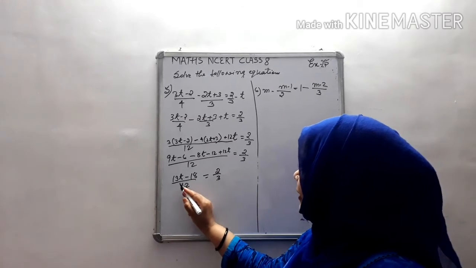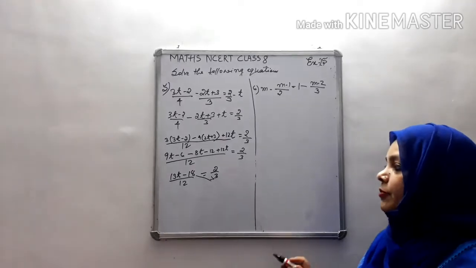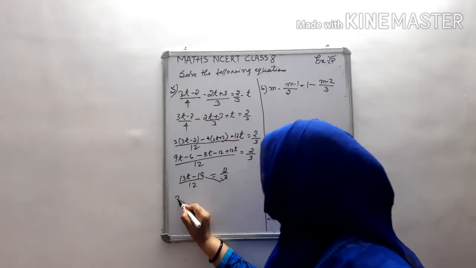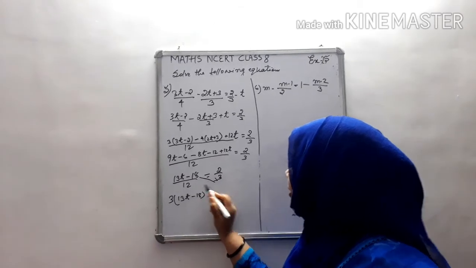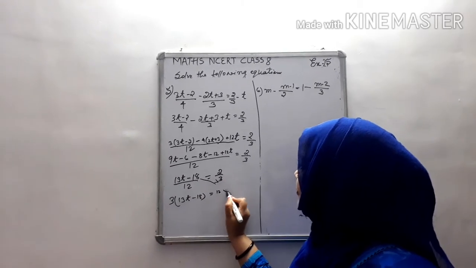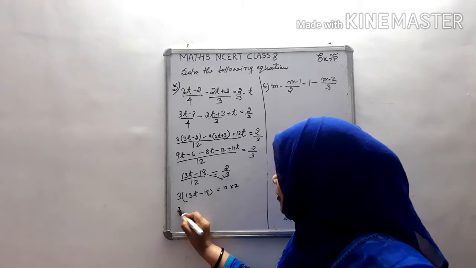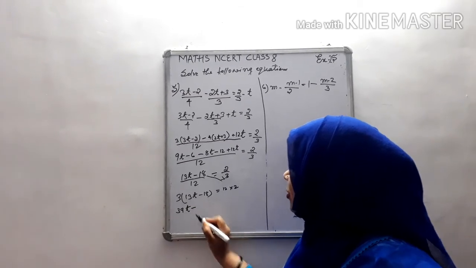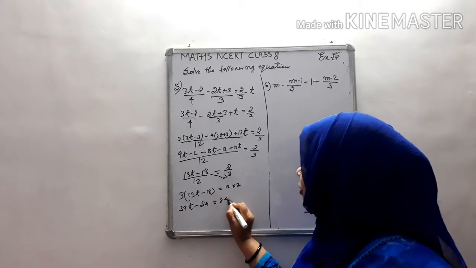Just look here. 13t minus 18. Now here will be cross multiplication. Now हम simply cross multiplication करेंगे. Okay. 3 से हम मल्टीप्लाई करेंगे 13t minus 18. Okay. Then here 12 into 2. Just look here. 13 3s are 39. 39t. 18 3s are 54. And 12 2s are 24.